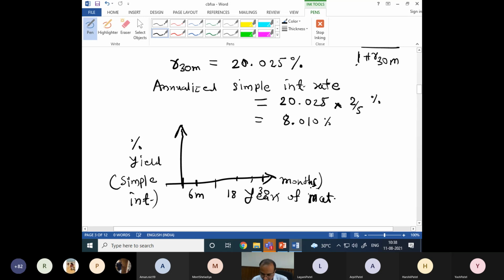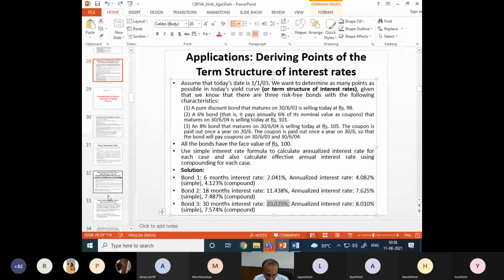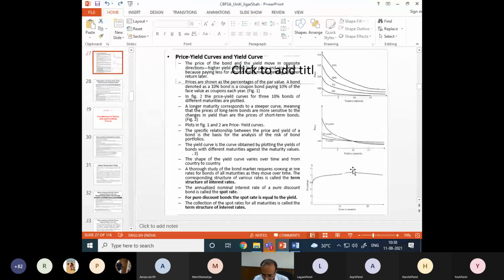It may be in years, it may be in months. So now I have 1 point here, similarly 1 point here, 1 point here, and in between if I have some other information available, I can join them and I can have this curve which I have explained to you, right? So this curve is very important in the bond market and it varies from country to country. So every country has different such curves, right? You can refer to the websites. I will show you practically also what is the present curve of the different bonds available in the market, which is the yield curve. I hope this is clear now.